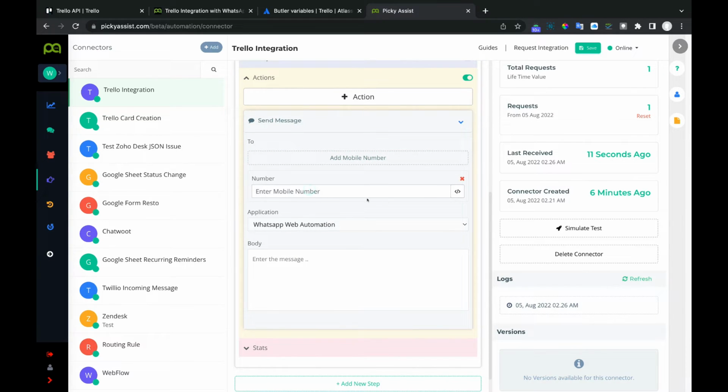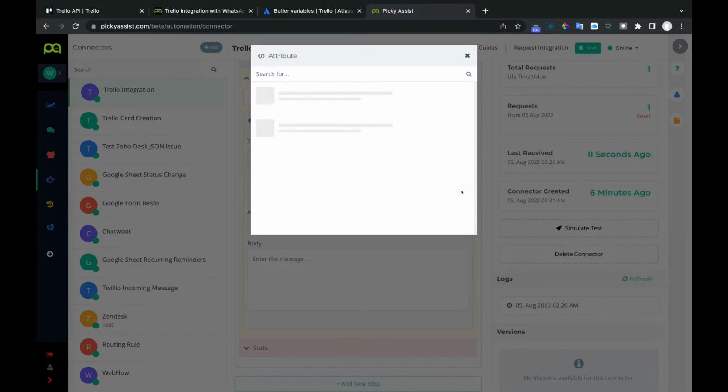So this is the mobile number which needs to be added. Right now I have passed the country code as well. In case you are not passing the country code, then here you can manually append the country code. So what will happen is all the numbers will get the specific country code you have entered. But I am skipping it here because we have already added the country code.